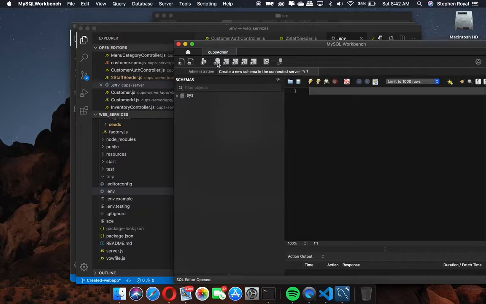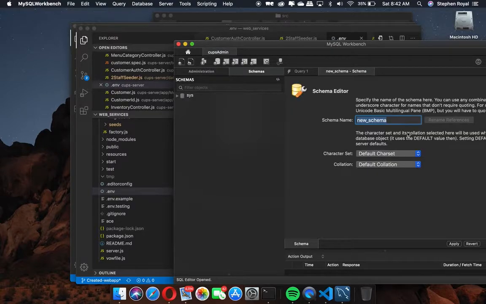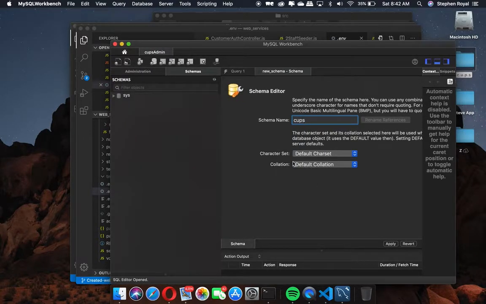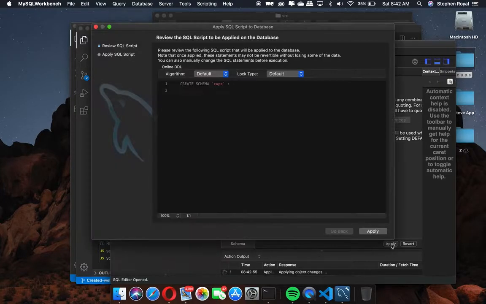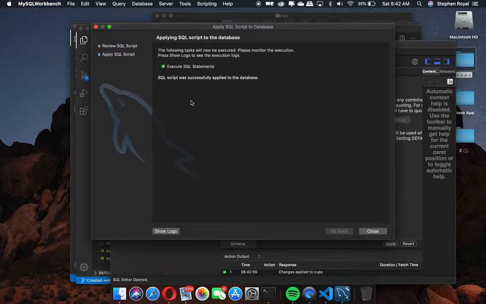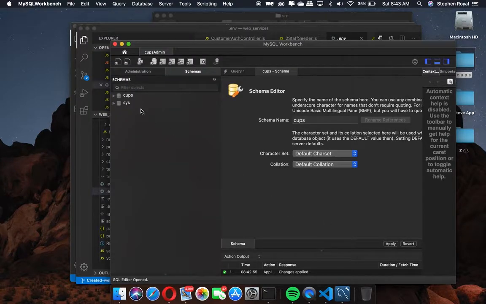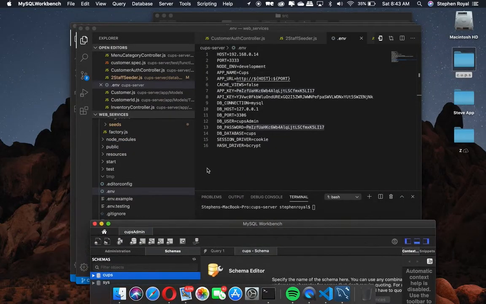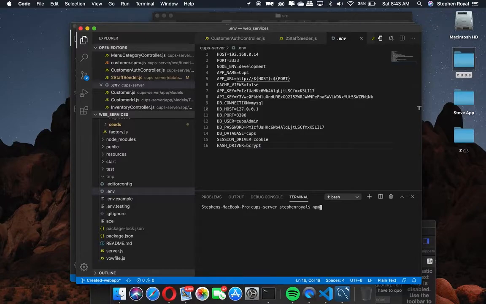So we click on create a new schema, and we'll name this CUPS. You can leave the character set and collation at the default. You'll then click apply, and execution was successful. If we look on the schema side, we are seeing a database called CUPS, so that is intact. What we can now do is a migration to create the tables needed for the application. So this command is